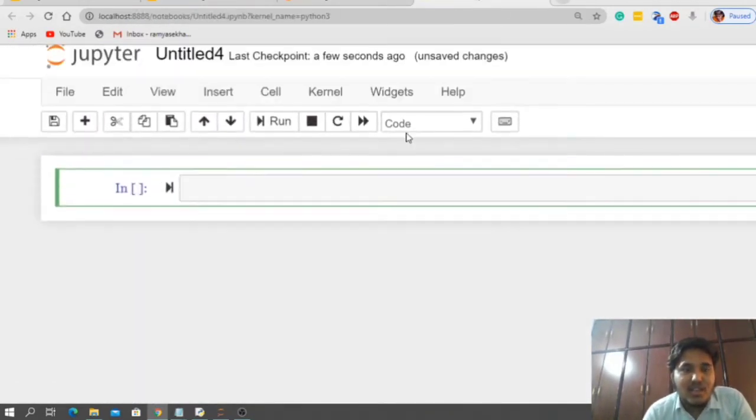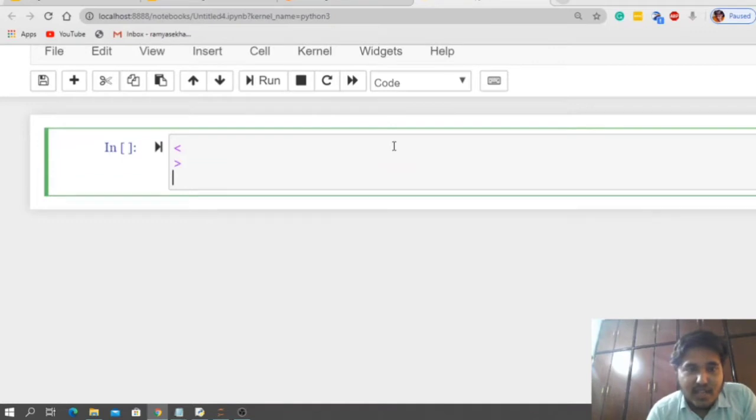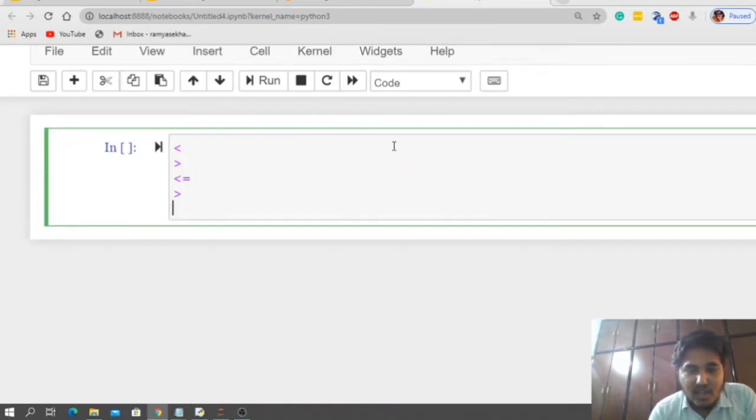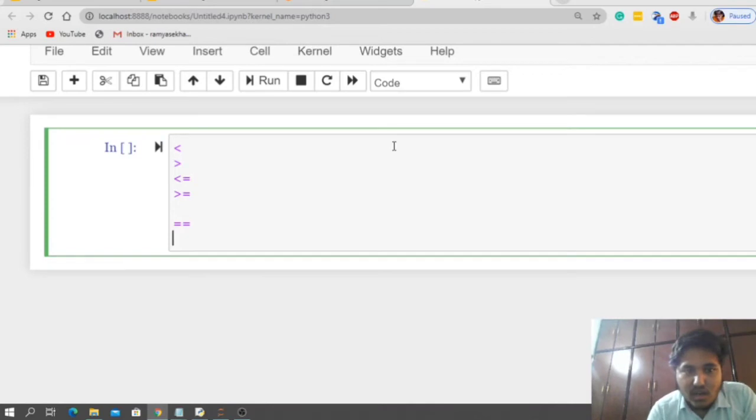How many types of operators are there? First, the comparison operators: less than, greater than, less than or equal to, greater than or equal to. These two, equal to and not equal to, are called equality operators.